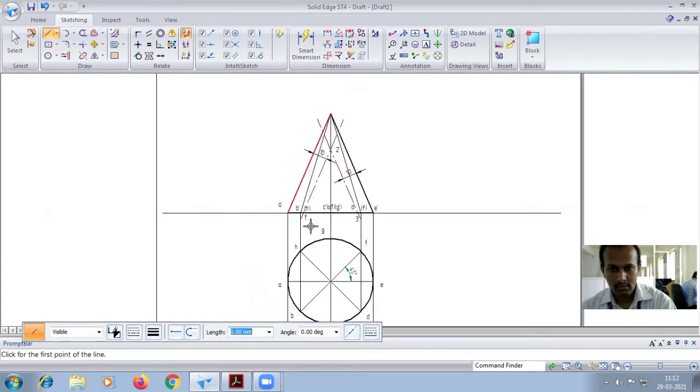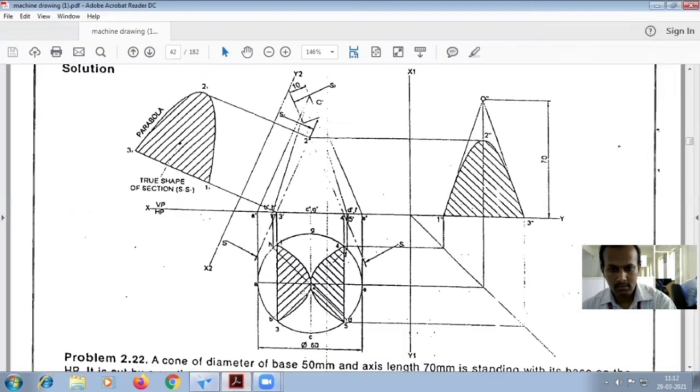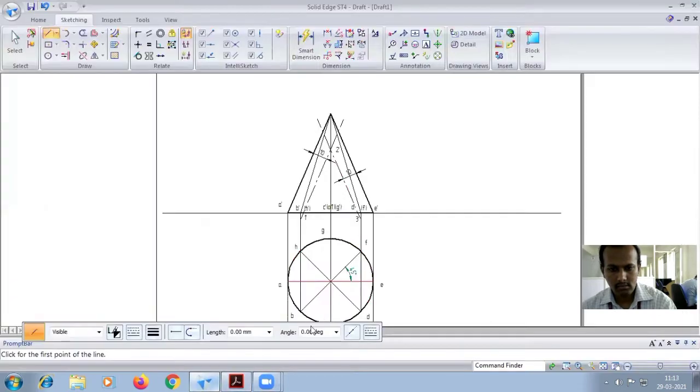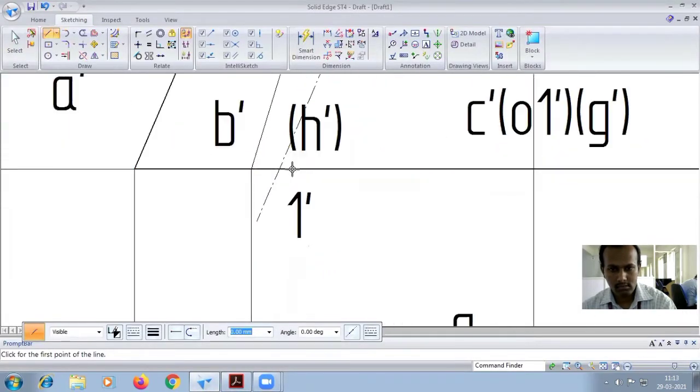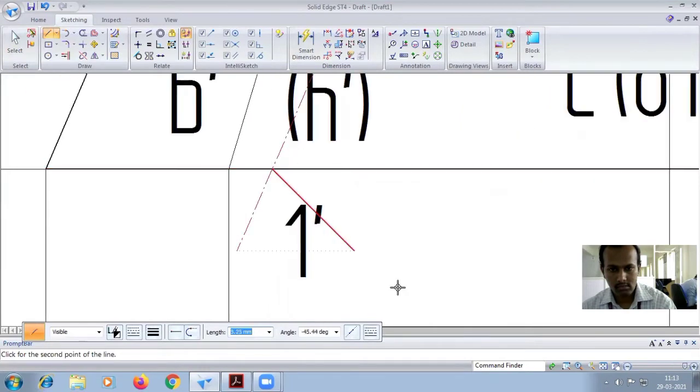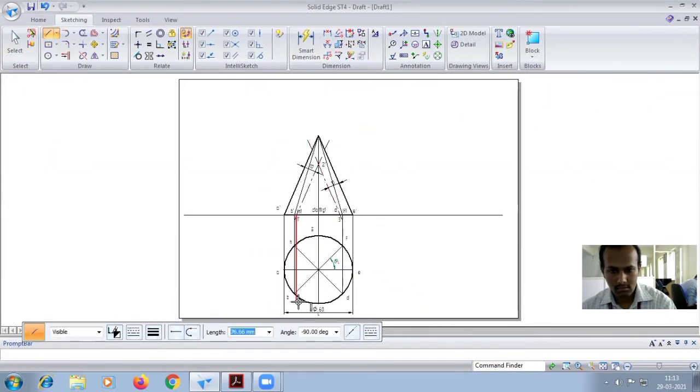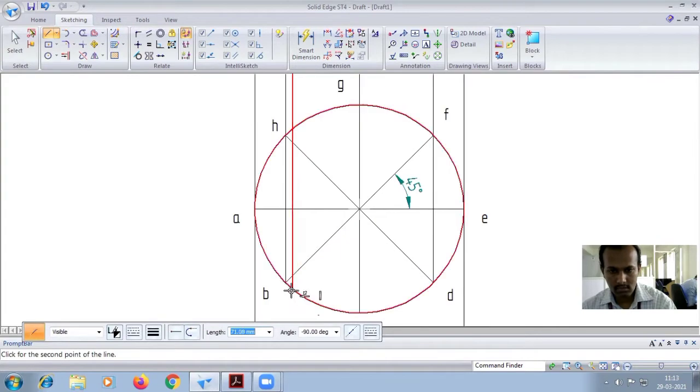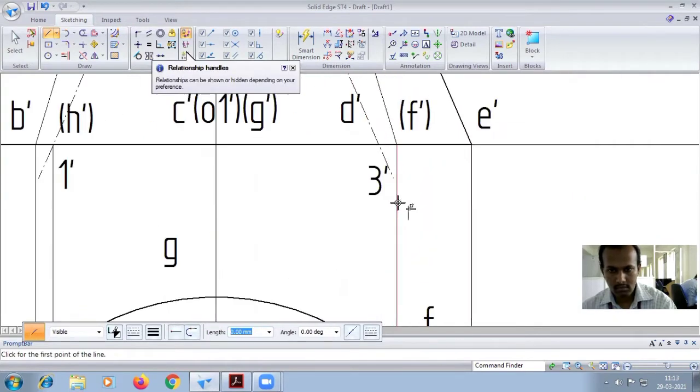Point 2 is exactly cut at the center, so there is no need to project that one, but points 1 and 3 you have to project downwards, so they will exactly cut at the base line. First you have to take point 1. Carefully zoom in, find the intersection point, and project it downwards. As it is the same, you have to select point 3.